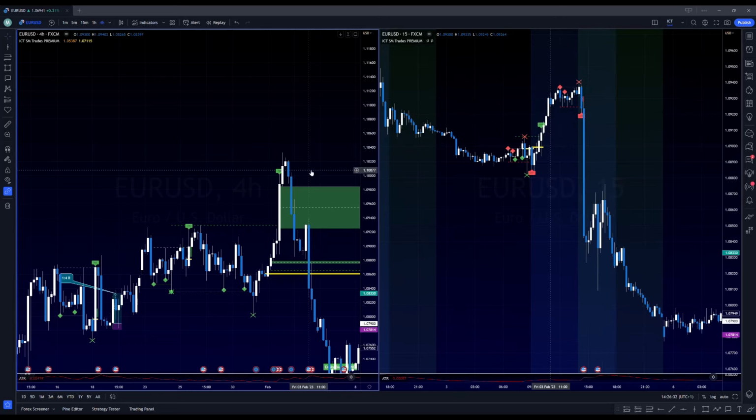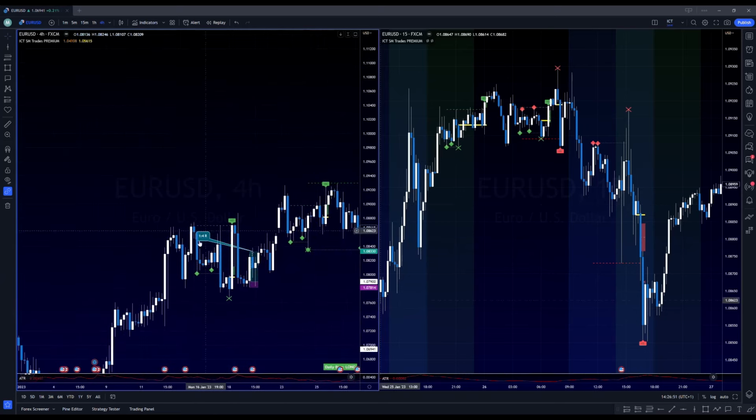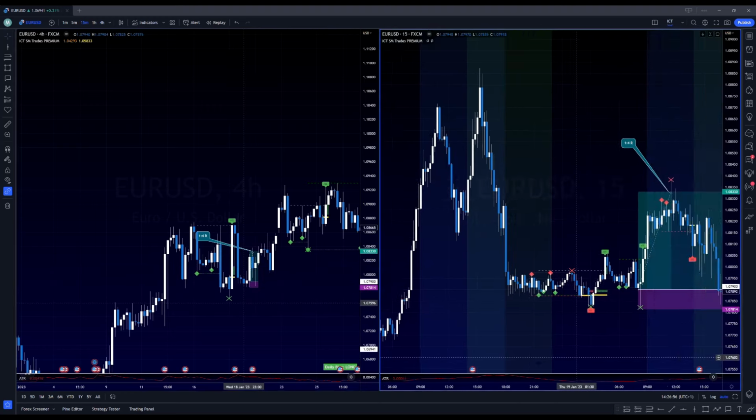So we can recapitulate. For this trade, there was a hit on the 4-hour time frame of the stop loss, and no long trade in these 3 candles on the 15-minute. For this trade, there was a close on the 4-hour. There was a reaction already. It closed above the fair value gap, so no trade. And here we would have a long trade on the 15-minute,